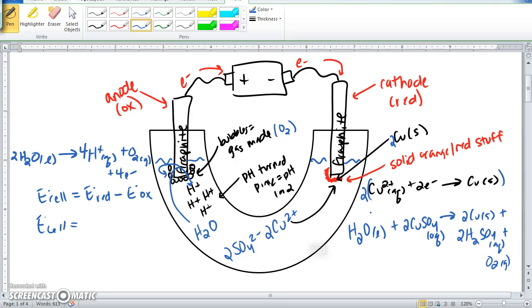So I'm going to find him on the table. And that would be, oh, I took a terrible picture. So that'd be 0.3419. And from that, I'm going to subtract my oxidation,